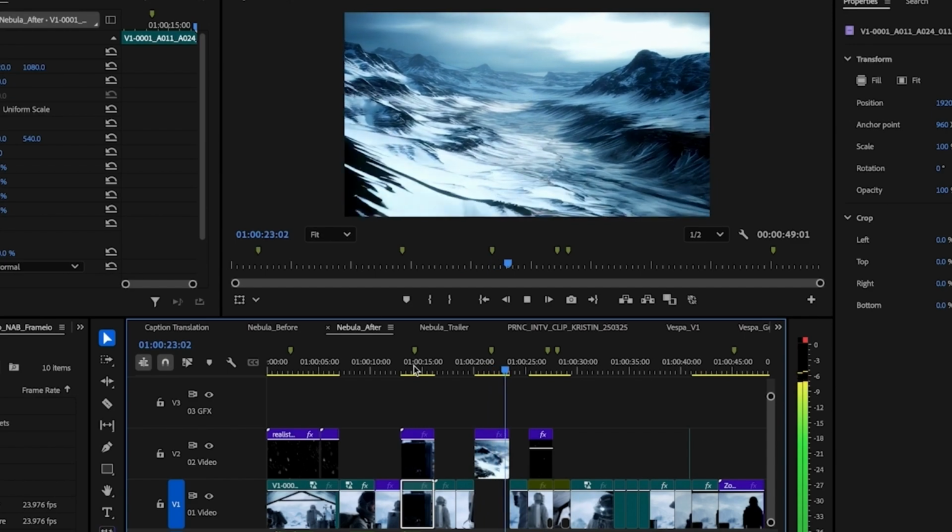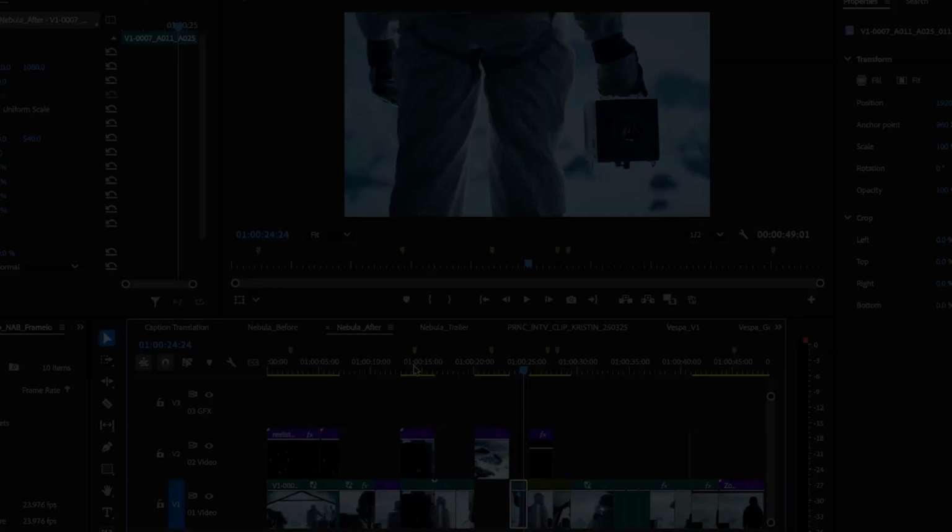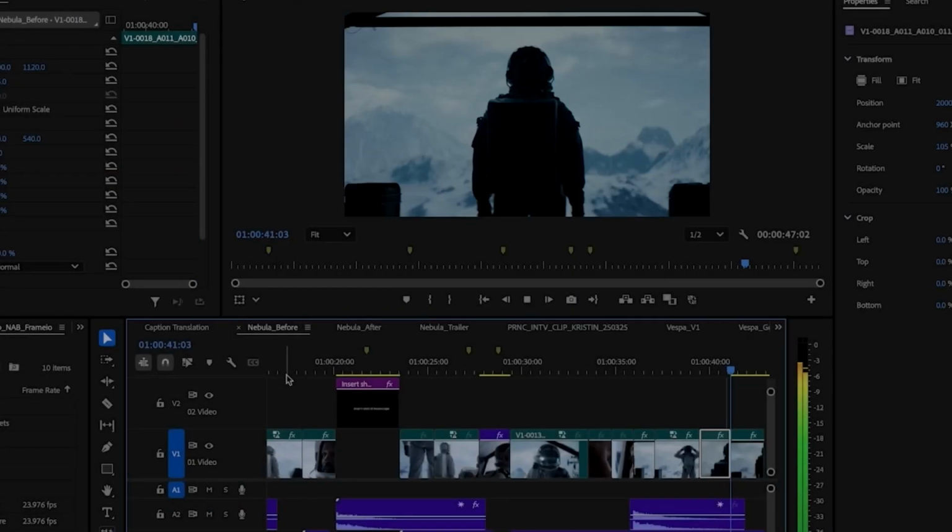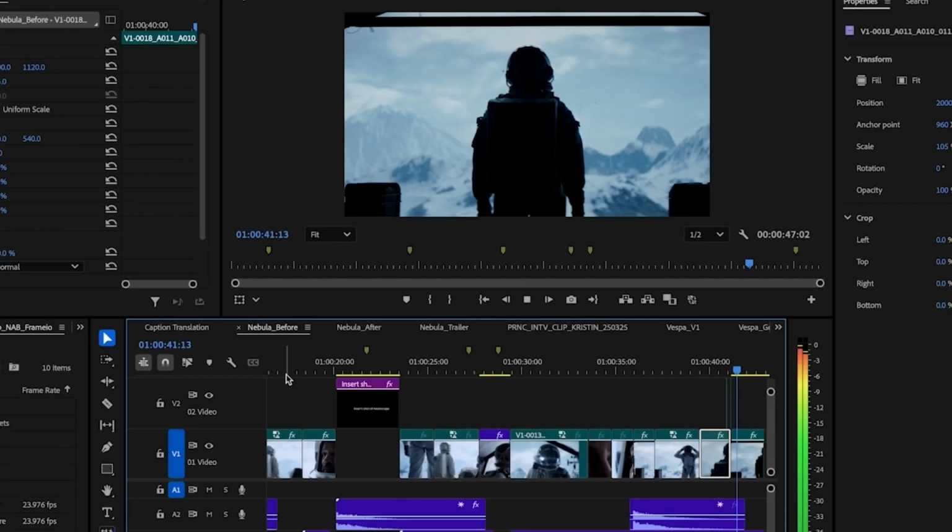So as we play this out again, the new generative AI B-roll video will play in here. There it is. Looks amazing, right? And because it's in Premiere, you have all the capabilities inside the tool to be able to do color grading or match the scene and just make it look amazing. And you can either use that footage in your final output, or you can use it as a pre-visualization to your creative team and VFX department.